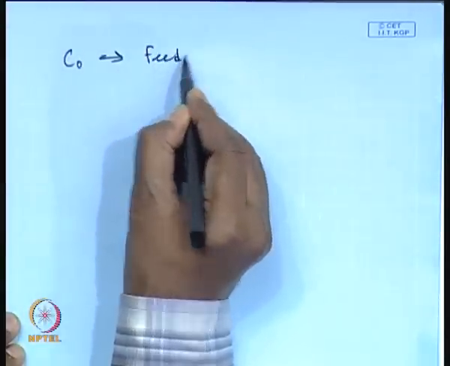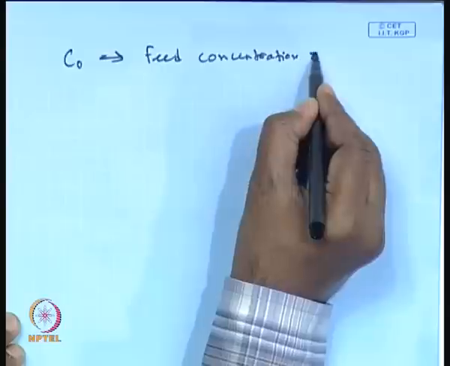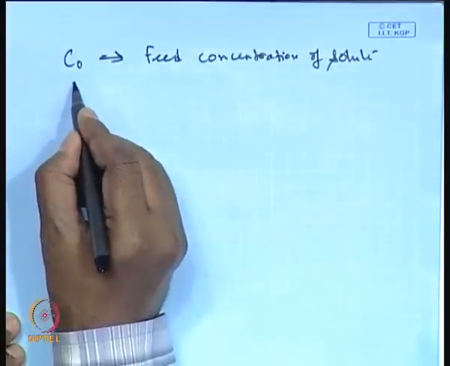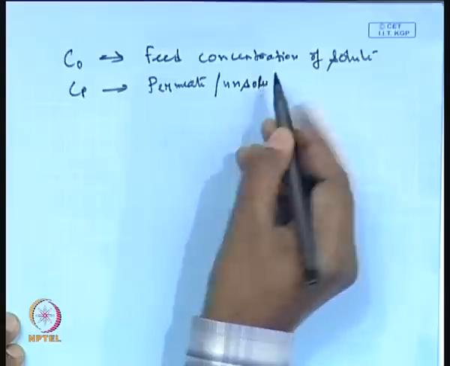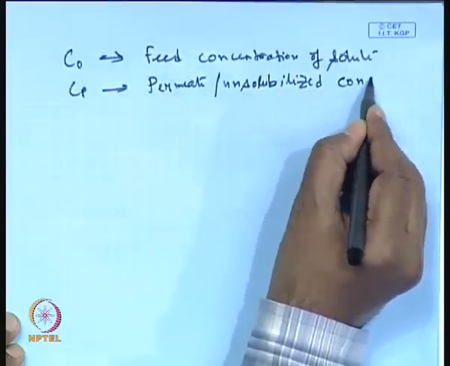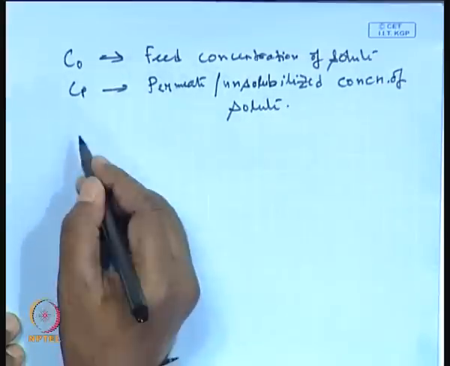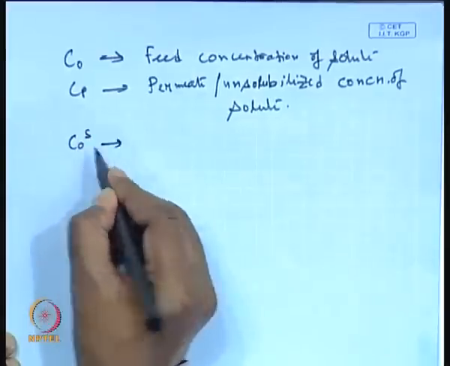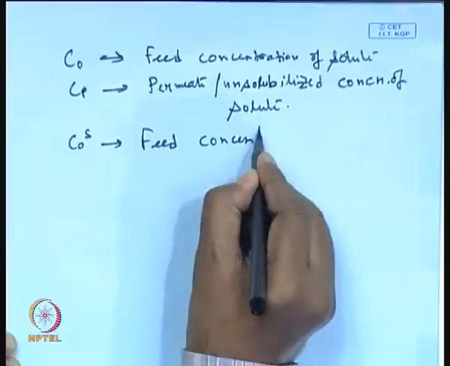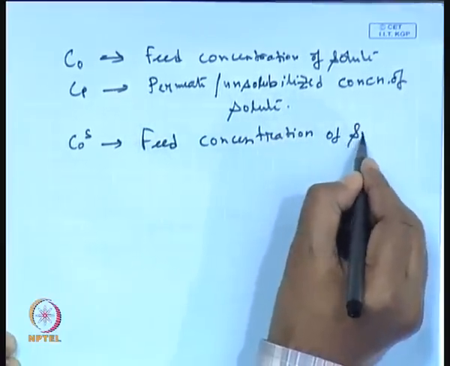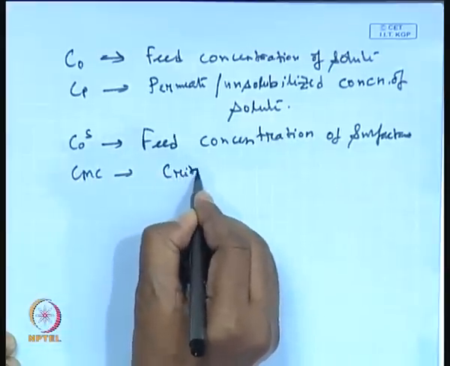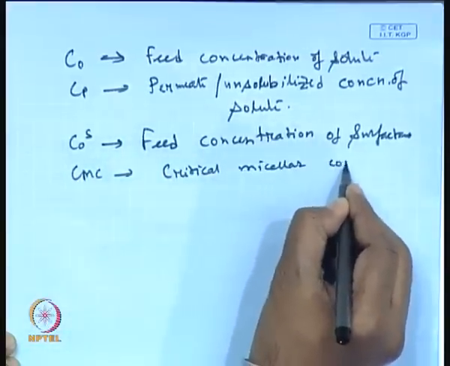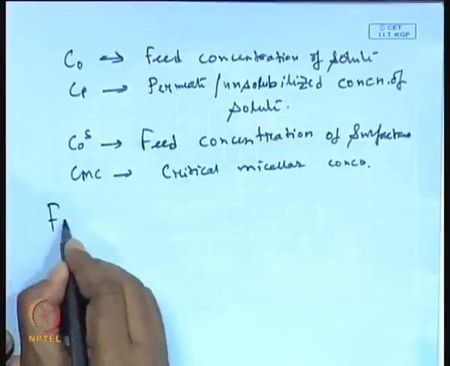Okay. So, let us write down the nomenclature for clarity. C naught is the feed concentration of solute, C p is the permeate or unsolubilized concentration, because that is the same. Okay. And C naught S is the feed concentration of surfactant, and CMC is the critical micellar concentration. Now, for a single component solute system,